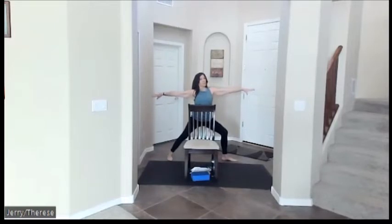Now reversing this warrior, we'll turn the palm up. Left hand can either be on the chair or slide down. Front knee stays bent, and you're going to take your gaze looking at that right hand. Breath is smooth. We'll lift back up into Warrior Two,